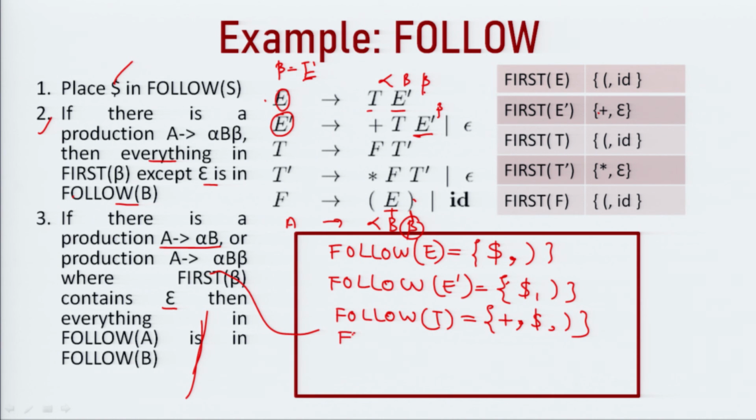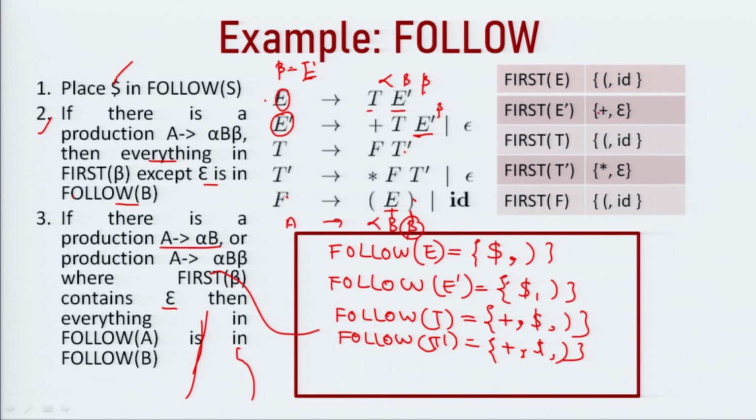Similarly, we will obtain follow of T prime. So, follow of T prime means this production, and T prime lying over here, and here there is nothing, beta is null. So, whatever is in follow of T will be added into follow of T prime. So, here we will get plus, dollar and closing parenthesis. Now, T prime is lying in this alternate also, and here again beta is null. So, we will go on left hand side, we will add whatever is in follow of T prime into follow of T prime. So, it will remain the same. So, here we have 3 elements.